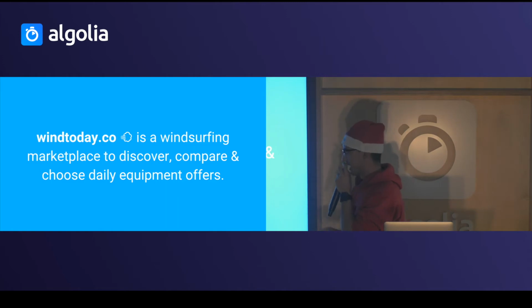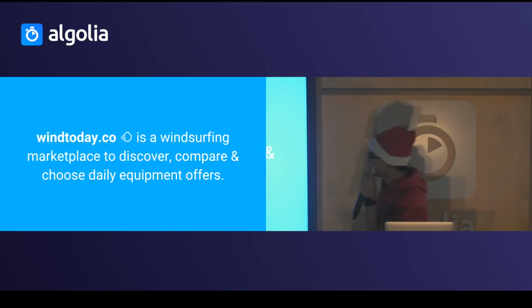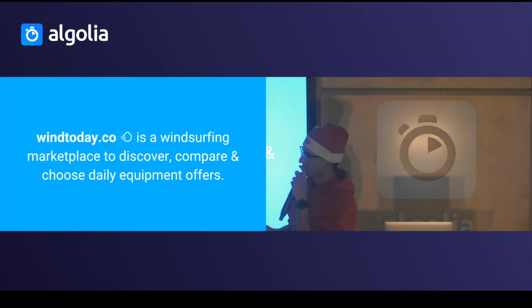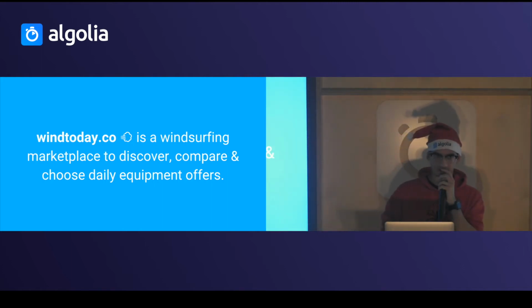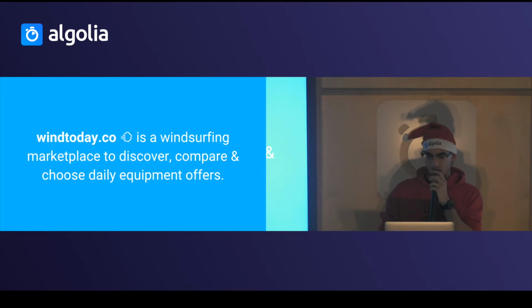Wind Today is a windsurfing marketplace because in my country, in my city, sorry, again, I like windsurfing. I think that windsurfing is a popular sport here in France. I don't know, but I think it's more popular than in Spain. So the idea is that all of windsurfing is friction. So you have